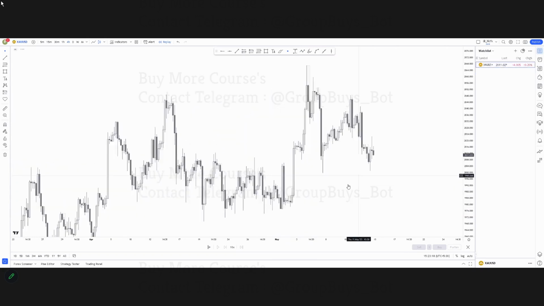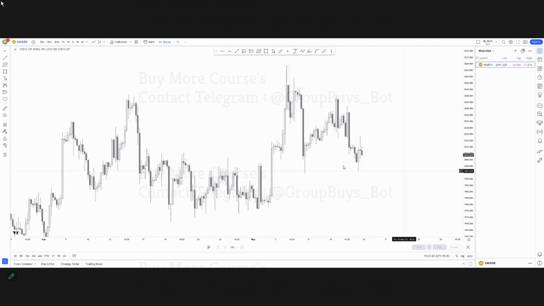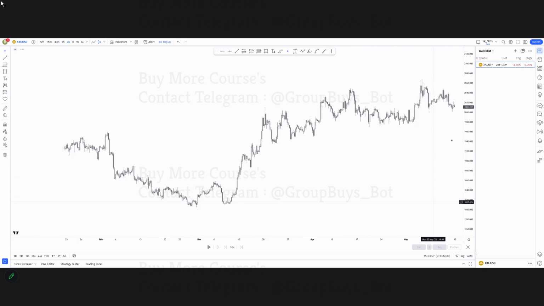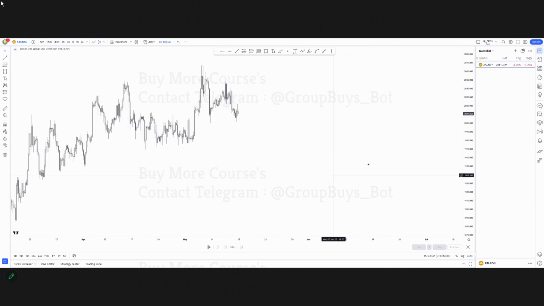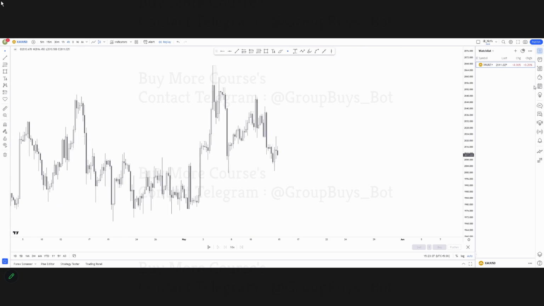Okay, so now we are on gold. So how am I going to combine this to get the precision entry? First, I need to find the bias. Before I teach you about the strategy that we're going to be using,